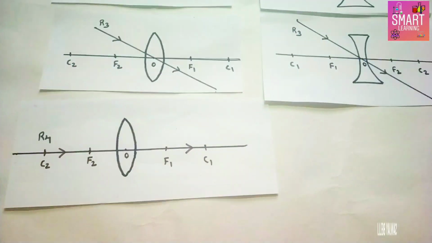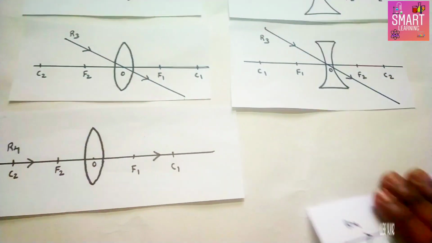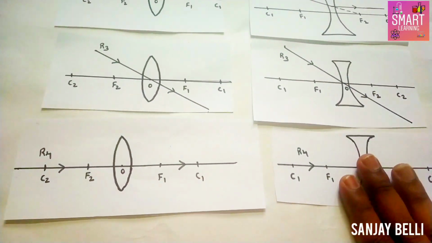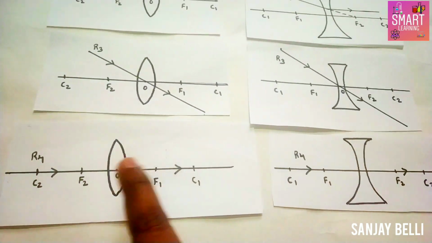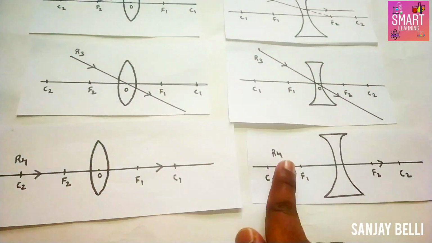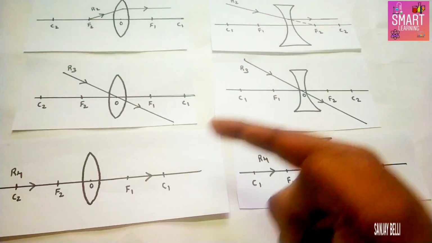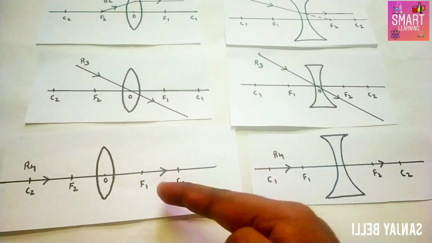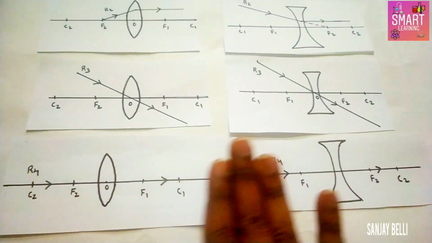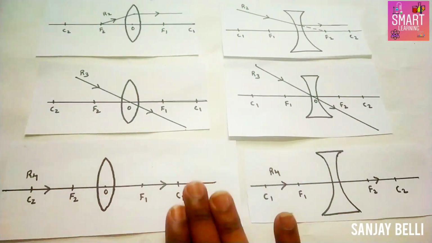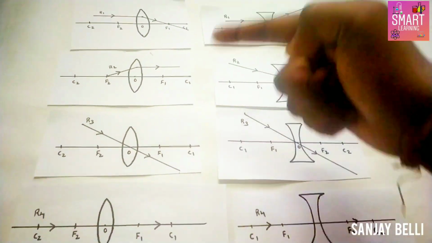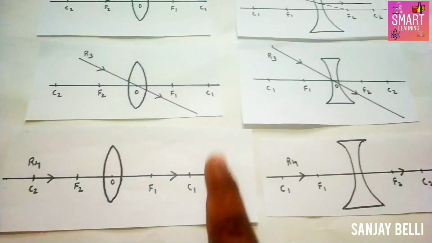And you can observe your fourth rule. That means if a light ray passes through the principal axis, then the refracted ray will again pass through the principal axis only. Under these two cases, the ray will not get deviated. You cannot observe this fourth rule mostly; we have only these 3 rules, but I'll be explaining the fourth rule also.